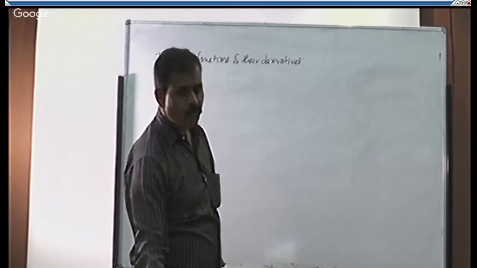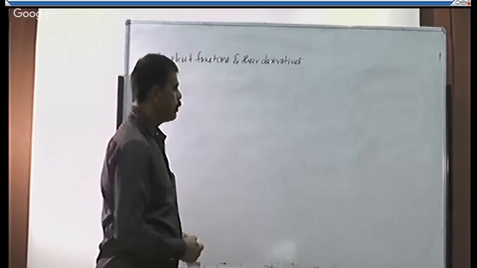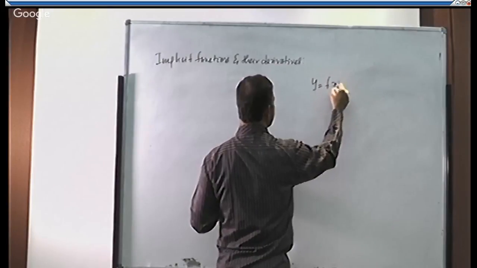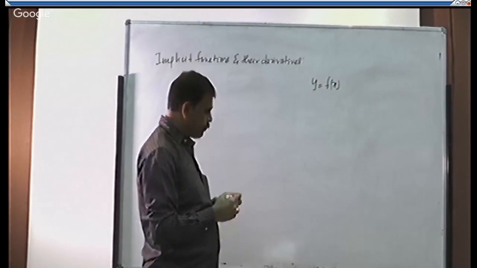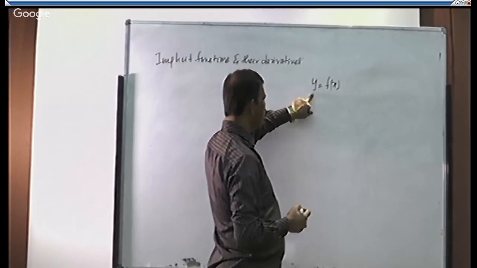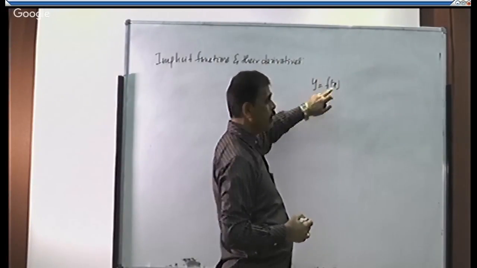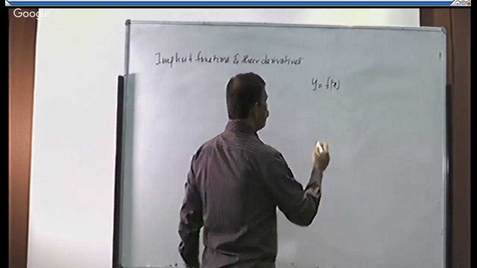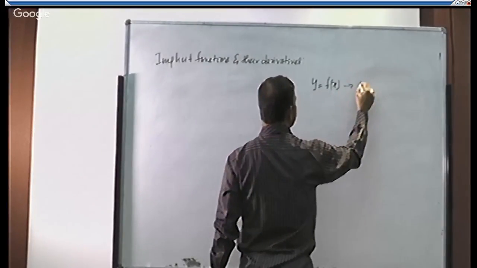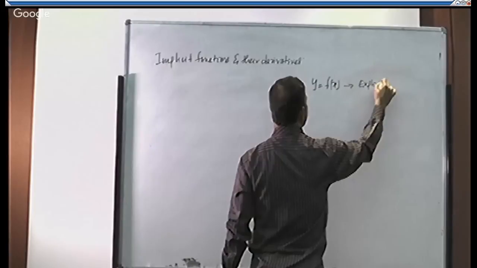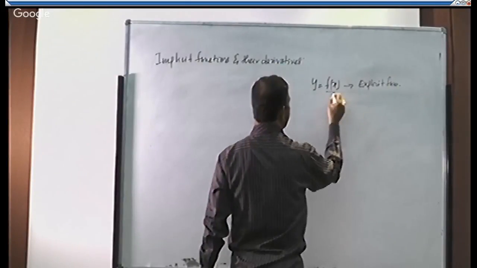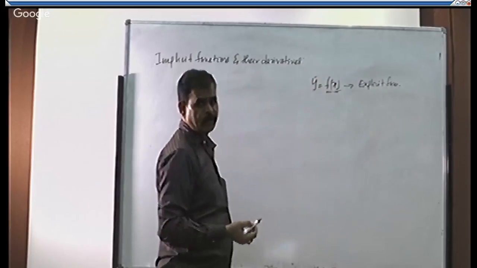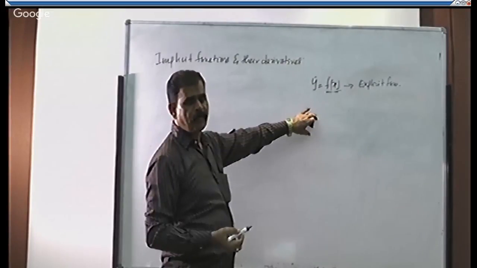Let us know what is implicit function. So far, we have taken such functions. Y is equal to f of x, correct? Here, x will be given separately. Y is expressed in f of x, correct? I will call it as explicit function. Why? X terms are at the right side, y term will be at the left side. Such functions we have differentiated so far,